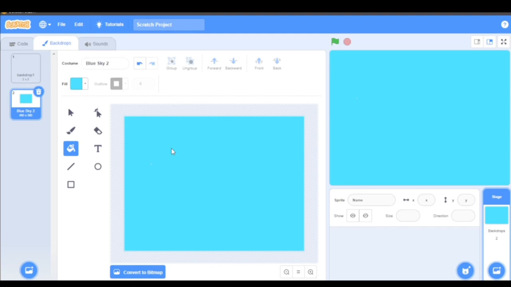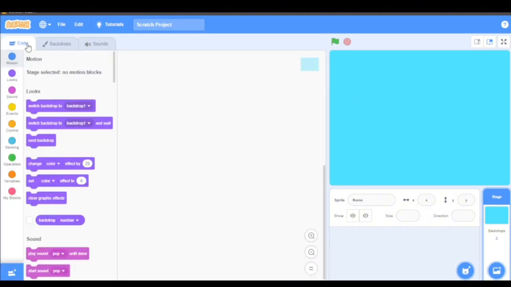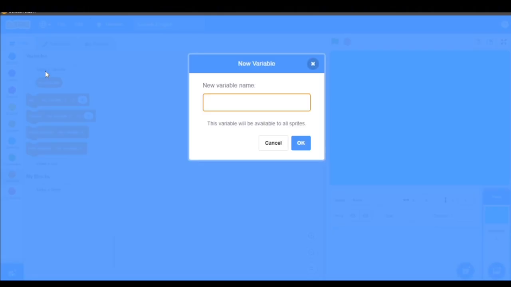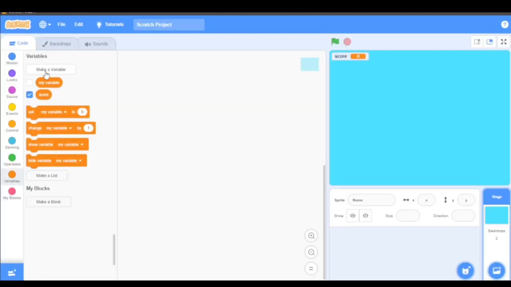So after that, the next thing to do is to go to variable and create a variable called score. Now that we've created our score variable,